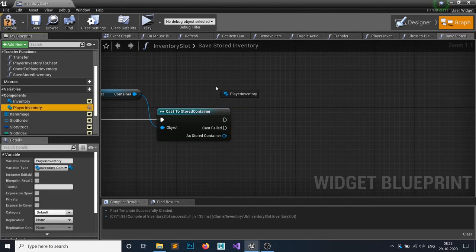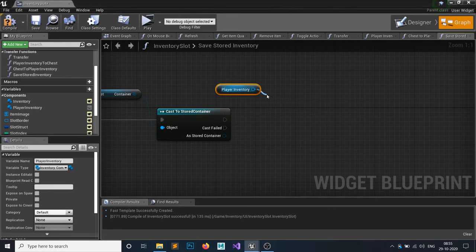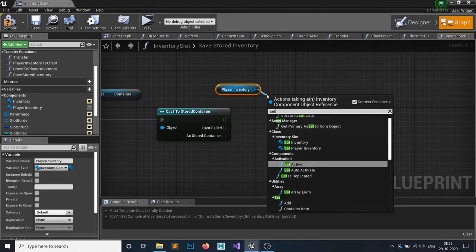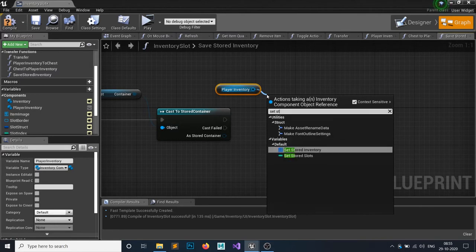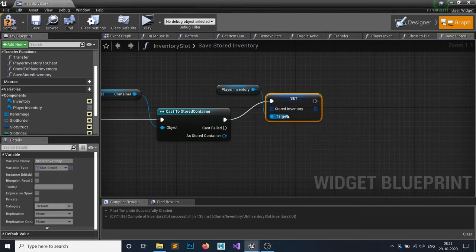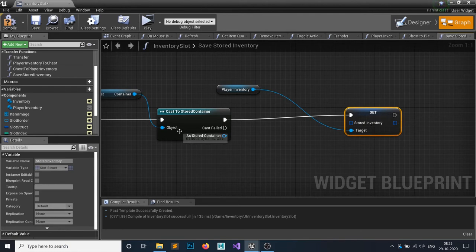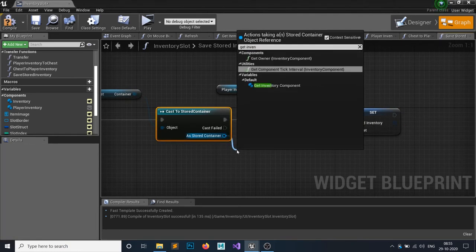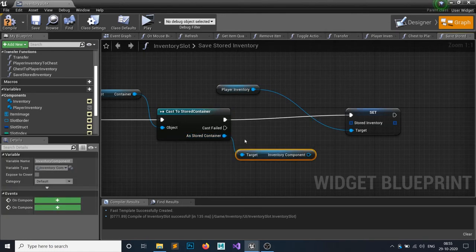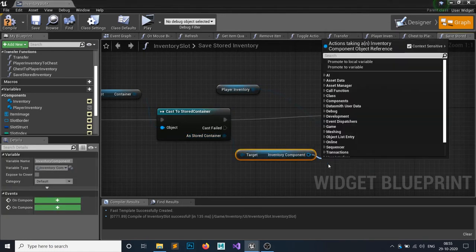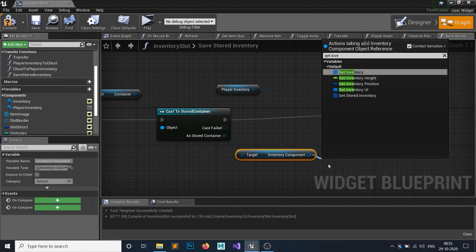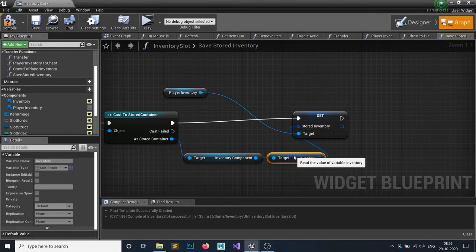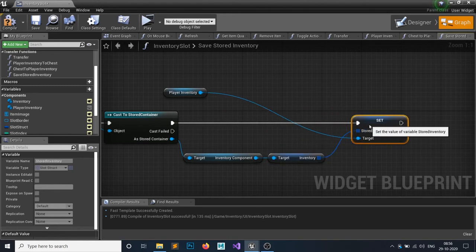So from the player inventory, I'm simply gonna set that stored inventory array, and the array I want to store is this container's inventory. So I'm simply gonna get an inventory component from this stored container, from that get the inventory array, and store it. So this is all for it.